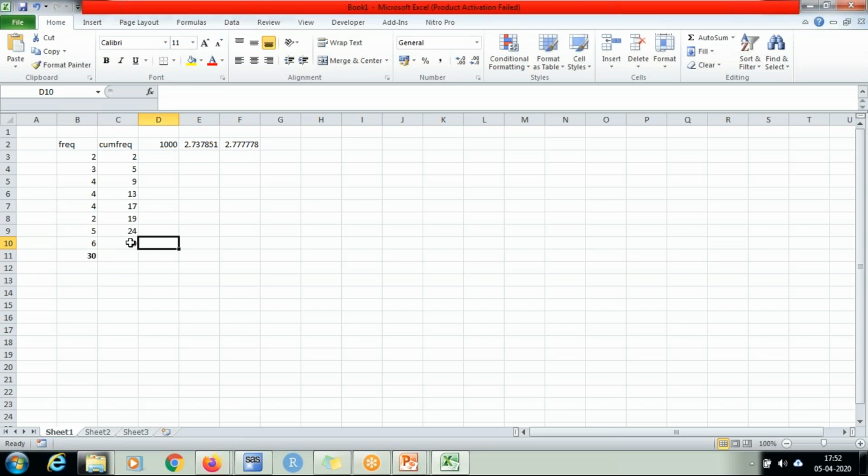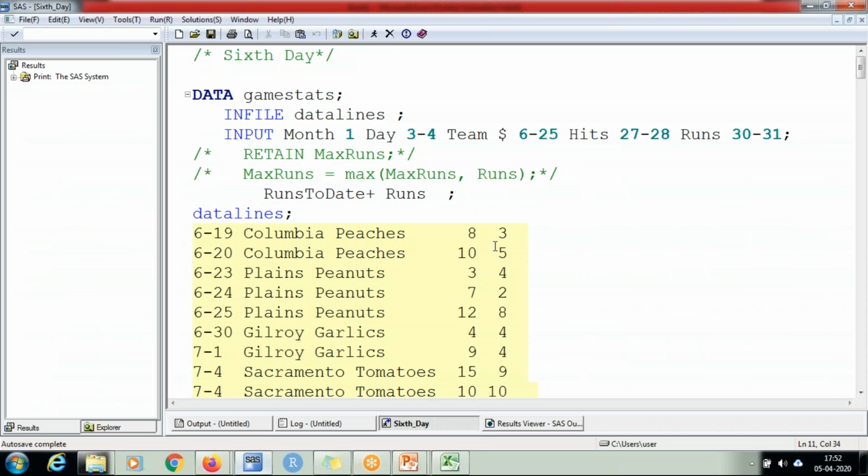So the end value, the last value of cumulative frequency, would be equal to the sum of your frequency, right? So how can we get the cumulative frequency